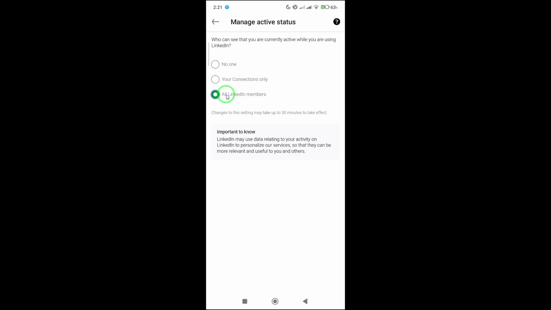This means anyone using LinkedIn, not just your direct connections, will be able to see when you're active and available. It's a great way to increase opportunities for real-time engagement, whether it's recruiters, colleagues, or potential partners. Once you've chosen all LinkedIn members, your preference is automatically saved. From this point on, others across LinkedIn will see your green dot whenever you're online, signaling that you're ready to